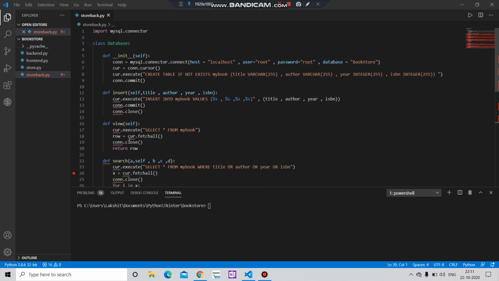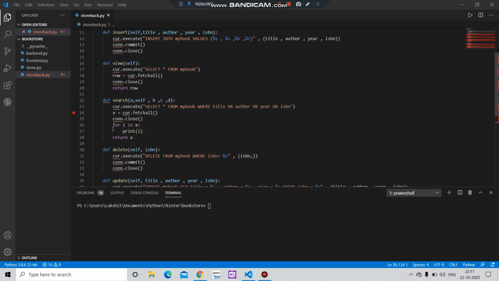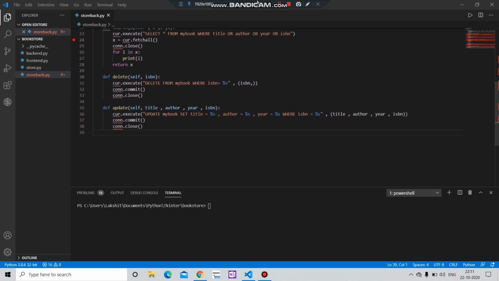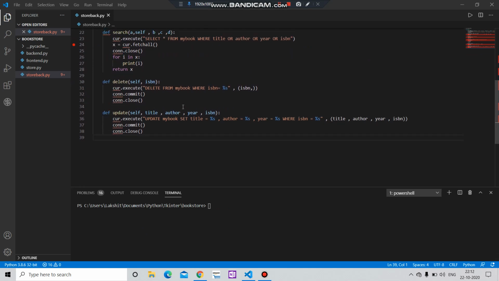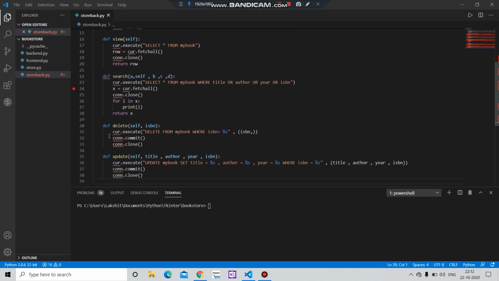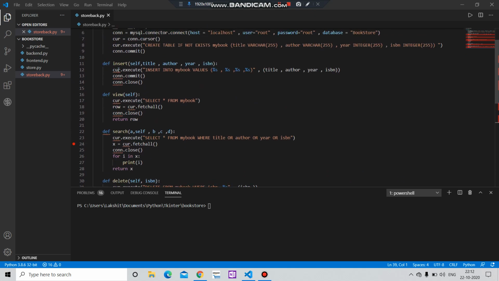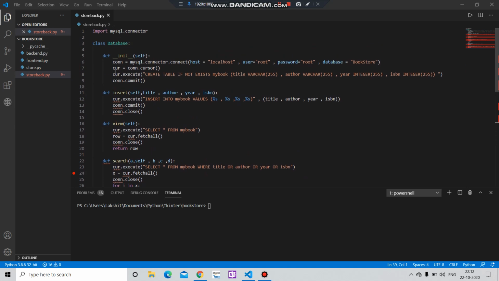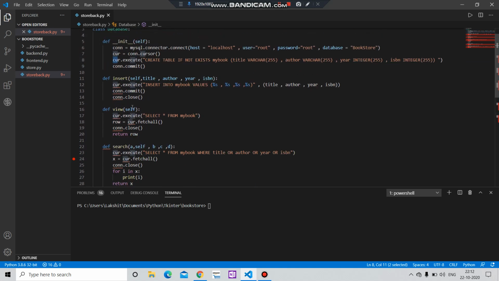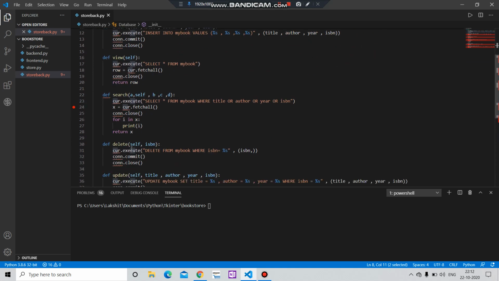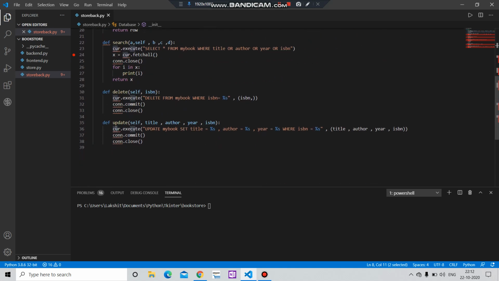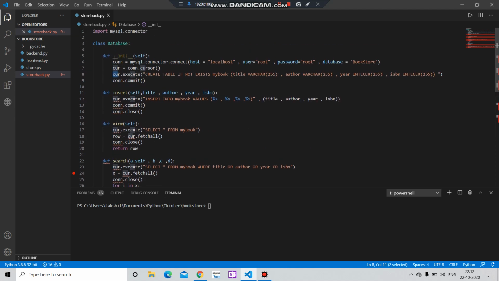That is that we are trying to run our program without this cur function, because the cur variable is in the def init function, and we are trying to access it in these. So how can we improve it? For this, what you have to do is